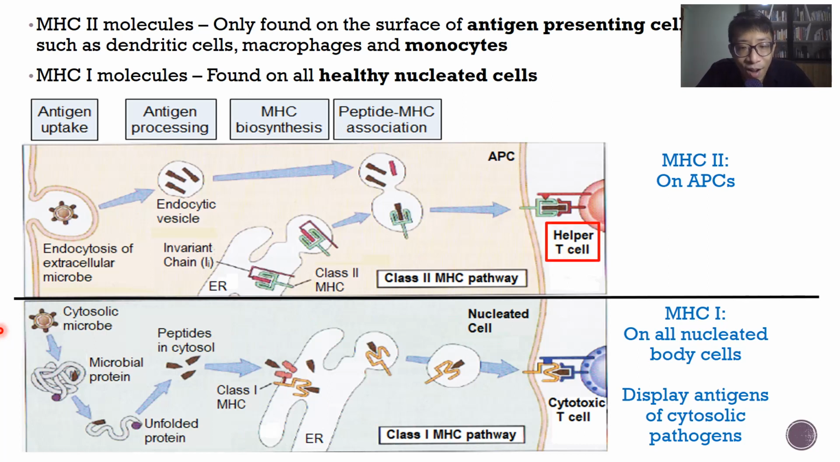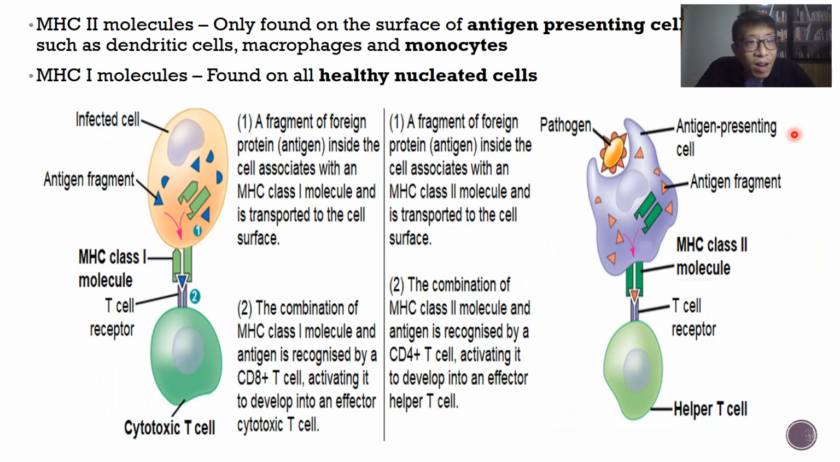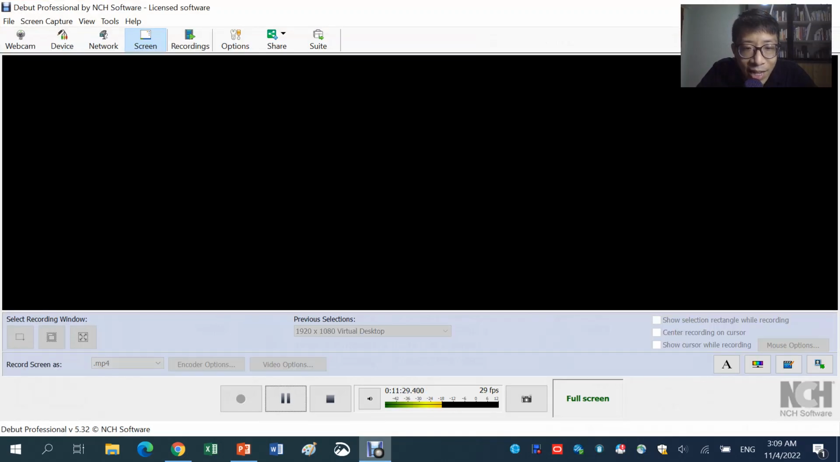As we have mentioned, the MHC class 2 on the antigen presenting cells would be the one that activates the adaptive immune system by activating the naive helper T cells. Here is another diagram to basically show the same thing. I'm not going to repeat myself, I'll just let you look at some of the words in the diagrams yourself. So that would be the link between the innate and adaptive